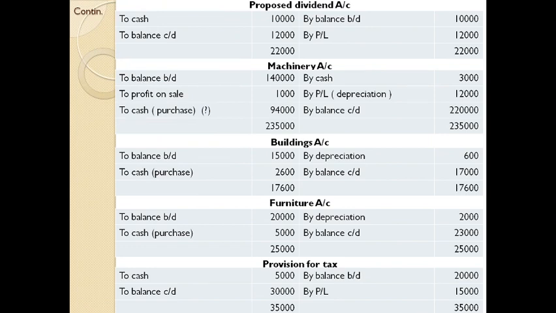Once you have dealt with preparation of non-current accounts, next you are preparing fund from operation. Here in this case, we are preparing adjusted general reserve account, because during the theoretical part we have discussed that for finding out fund from operation, you can either prepare a statement or you can follow an account. And we have dealt with both the cases in the previous cases, and here we are preparing a new item, adjusted general reserve account. It is similar to the adjusted profit and loss account. And why are we giving the name adjusted general reserve account? Because